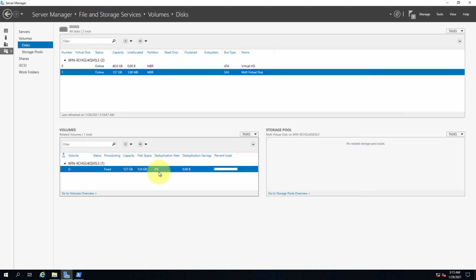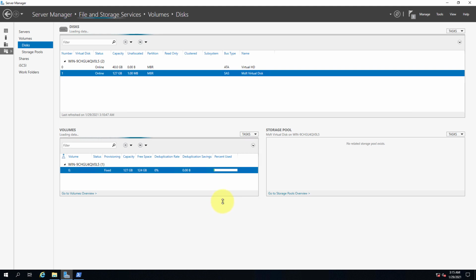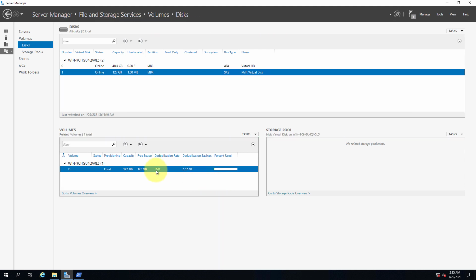Now let's check what percentage of deduplication has succeeded. I'll refresh. You can see that it has saved around 2.57 GB.